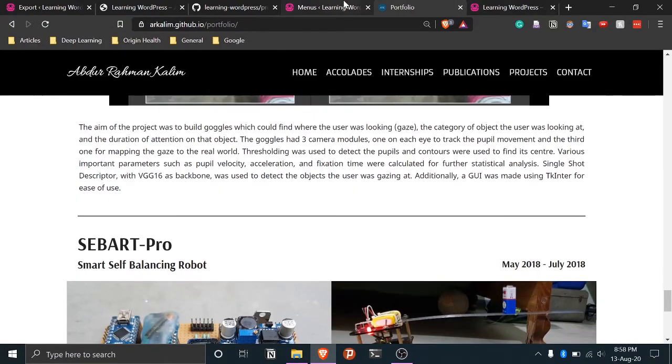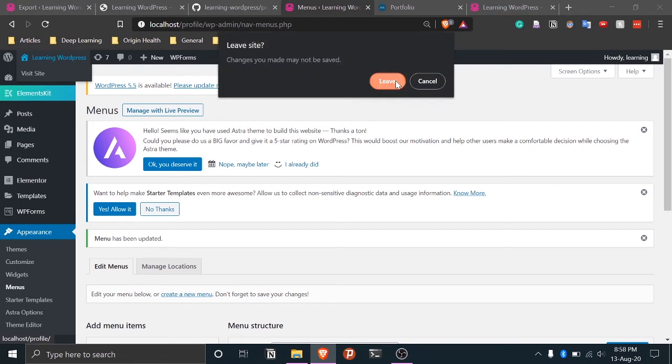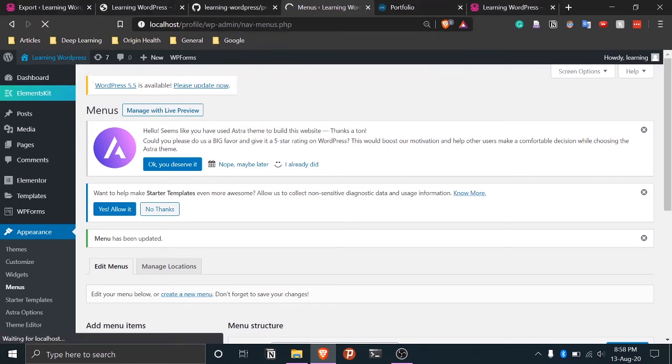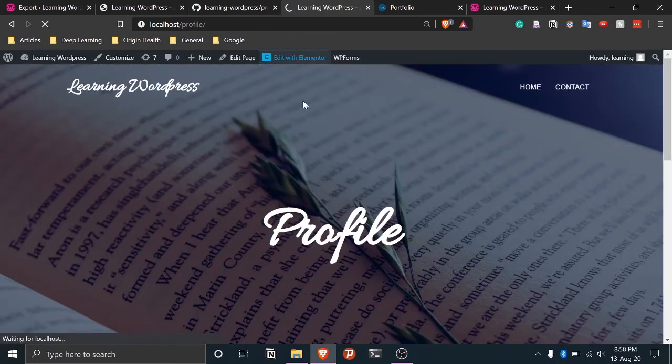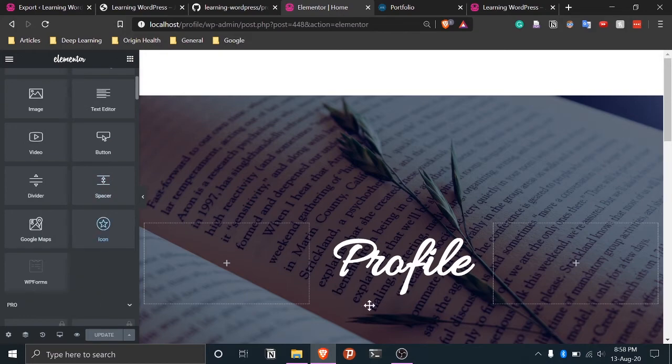So if you go to our website and edit with Elementor, you can see there are so many things. You have video, you have a button, you even have an icon here.